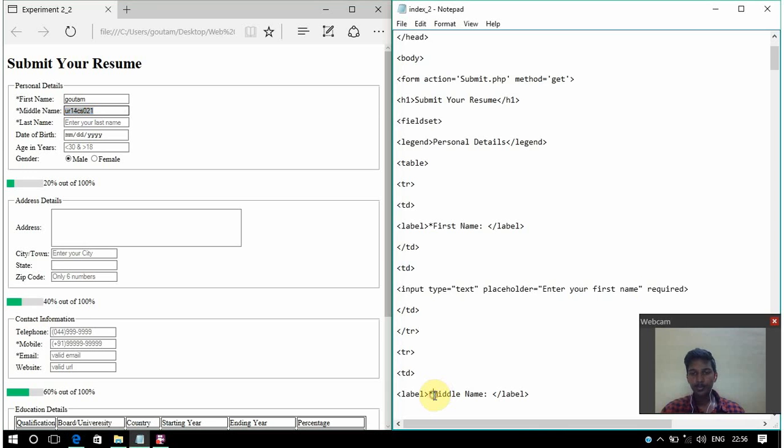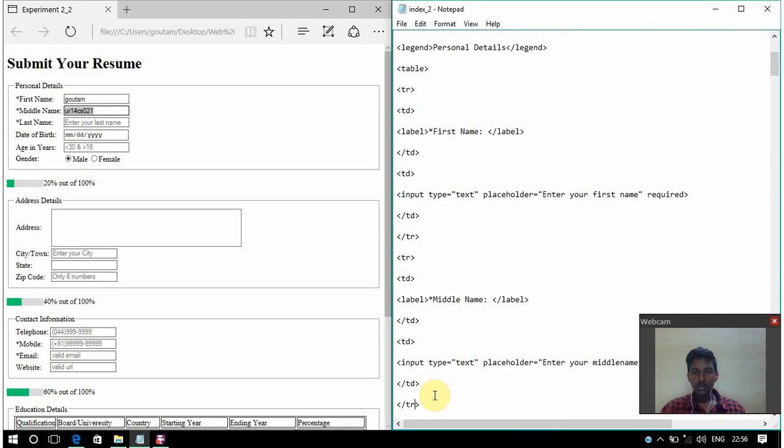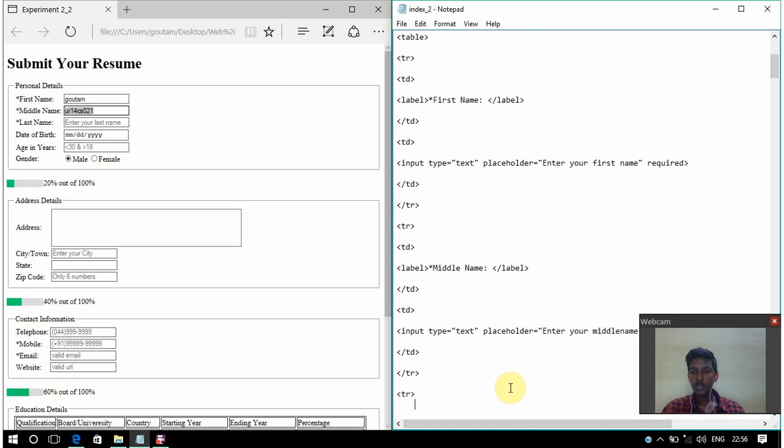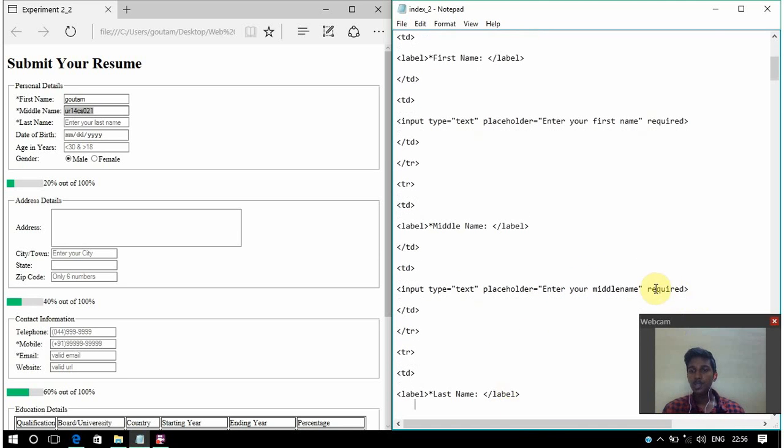And next, its label is middle name, and for the middle name the input type is text, placeholder enter your middle name, it is also required. Now I am going to give my middle name as Lee, and next last name, label as last name,